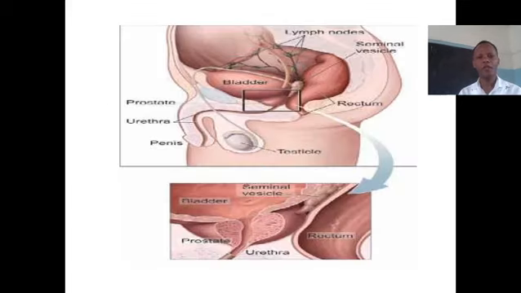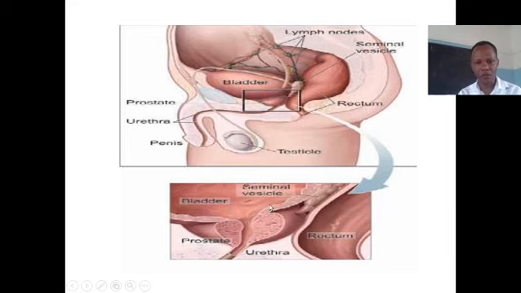Here I have pictures which show the normal location of the prostate gland. As you can see here we have the prostate. Testes and penis are here, urethra, the prostate gland is around here. Look here, it is the rectum, so it is in between here, the prostate gland. Looking carefully, you will see something slightly enlarged here. Others are seminal vesicles and the lymph nodes.